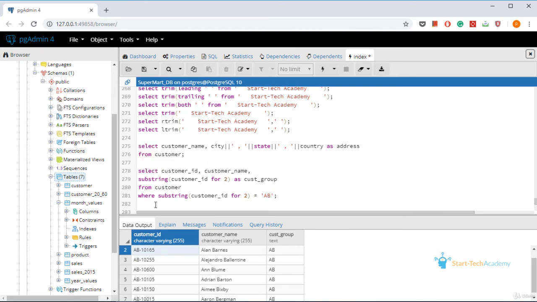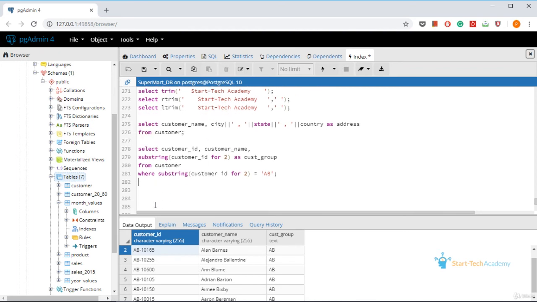Let us go and write the query for that. Select customer ID, customer name, and substring customer ID from 4.